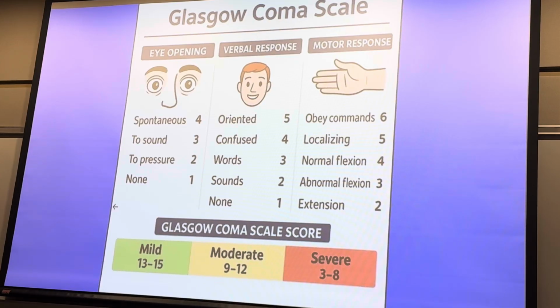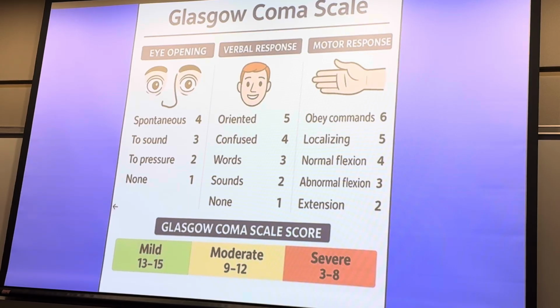And then something like an abnormal flexion. So they're doing that decerebrate or decorticate type of posturing or abnormal flexion. And sometimes they'll just have that full extension of their motor response and then none at all. Main thing is it's a quick, rapid assessment of my patient's status overall. The low end is a 3, the high end's a 15.